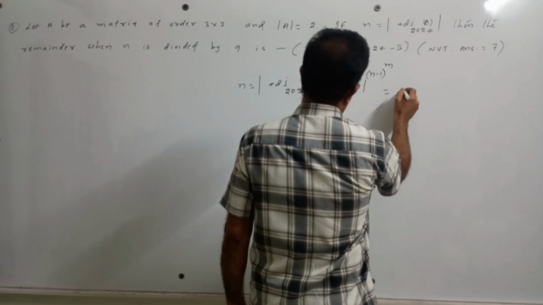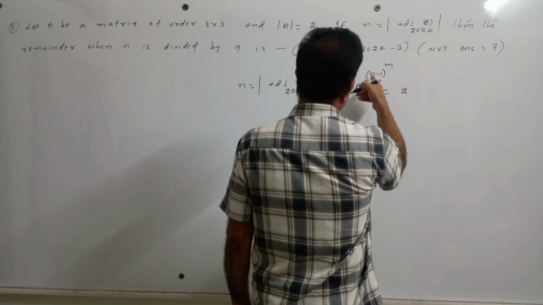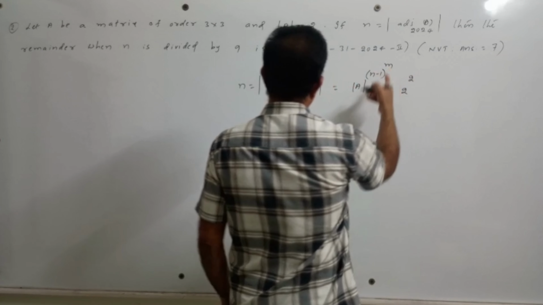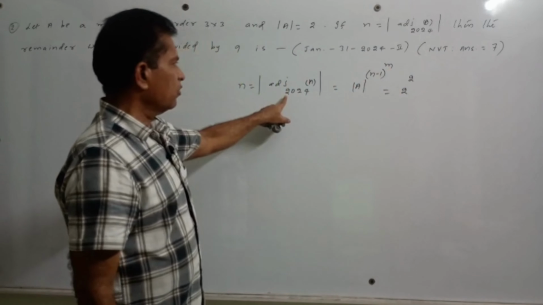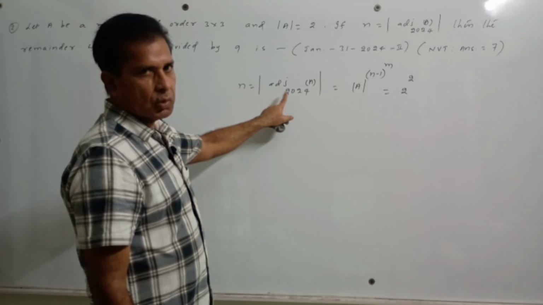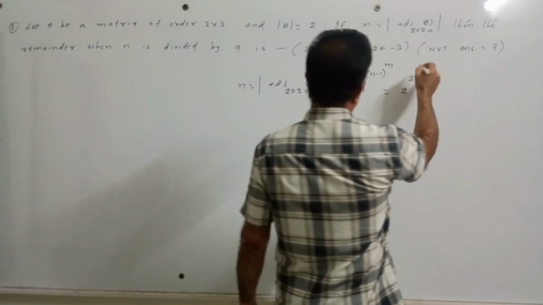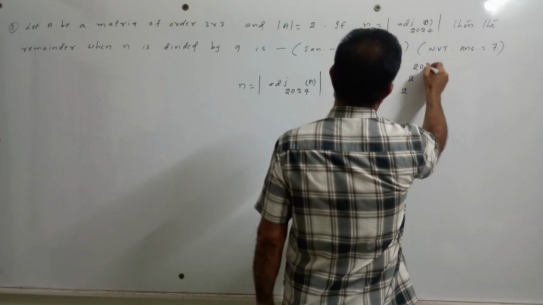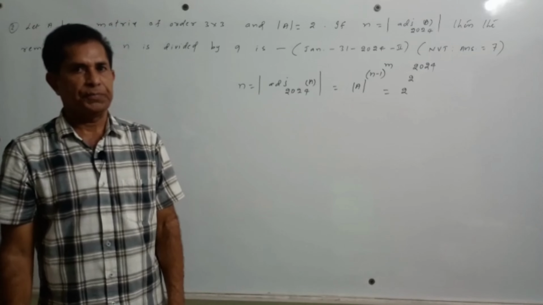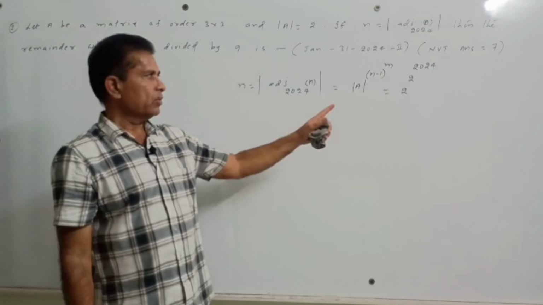Determinant of A becomes 2. The order of the matrix is 3, so 3 minus 1 becomes 2. m represents the number of adjoints. The number of adjoints is 2024, so this power will become 2024. That is the value of n. So n is equal to 2 power